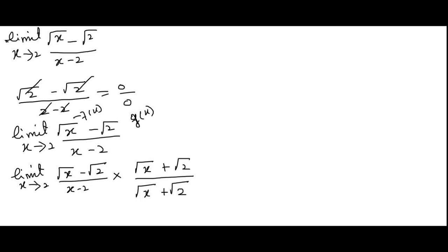Now in the numerator we have obtained a situation which is a minus b into a plus b, which represents the formula a square minus b square is equal to a minus b and a plus b. Now using this formula in the numerator, we get the result as